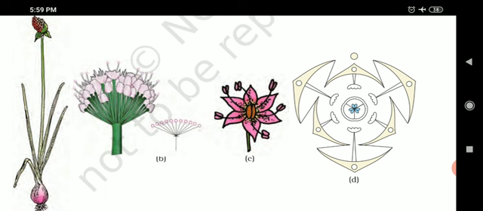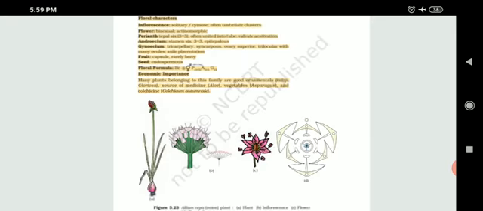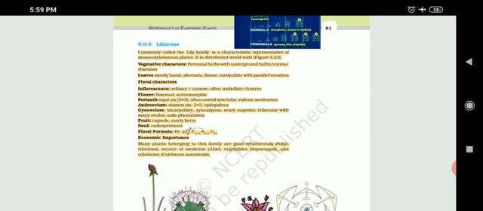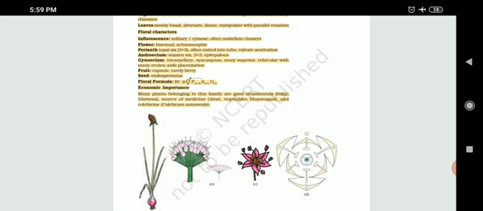So these tepals, 3 are fully outside, 3 are fully inside. But they are fused with each other. So that fusion you have to show. 3 inner, 3 outer. Right? So here you can write tepals 3 plus 3. And estivation is valvate estivation. Androecium, again, it is 6, but again 3 plus 3. 3 anthers are attached with outer tepals and 3 are attached with inner tepals. And epitepalous condition is there because they are attached with tepals. Epipetalous we say when they are attached with petals.